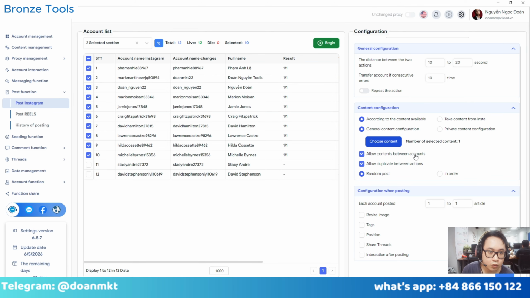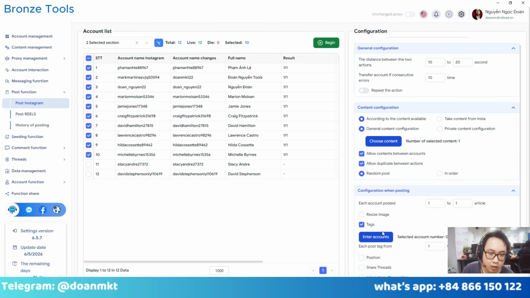After choosing content, because I just selected one content, I will choose allow duplicate content between action and account. Next you can set up the number of articles each account will post. I've set up just one, and you can choose options like resize image, tag,